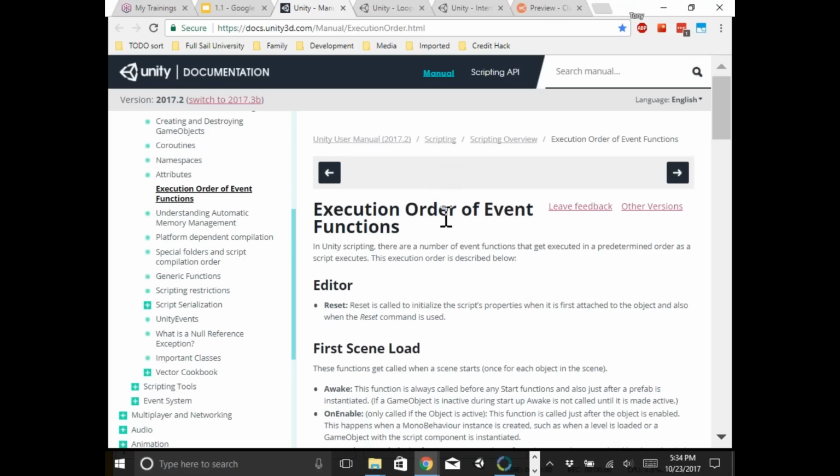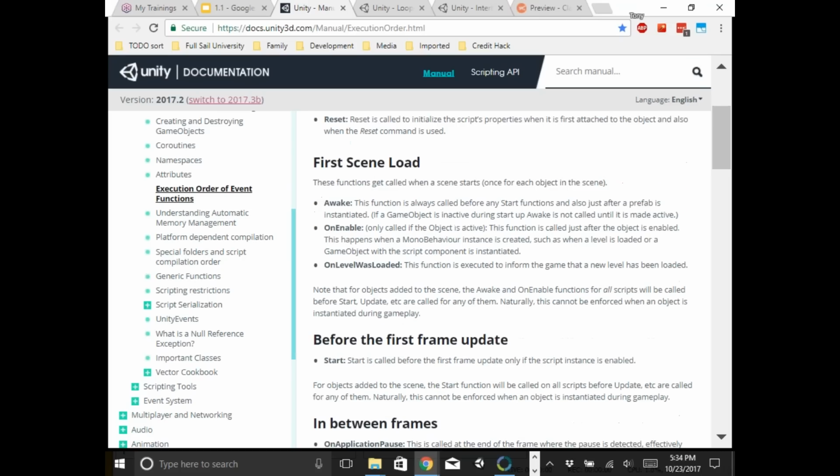So this particular link, the execution order, if you scroll down, you'll notice there's these bold words and a little description as far as what's going on. Now, I don't expect you to understand any of this at the moment, but this is a reference you can go back to periodically, because here in just a moment when we get into actual code, you're going to see start and update. You'll think, well, what's this? I'll describe it, but if you want more information about when these are executed, what in the Unity startup pipeline is actually going on,